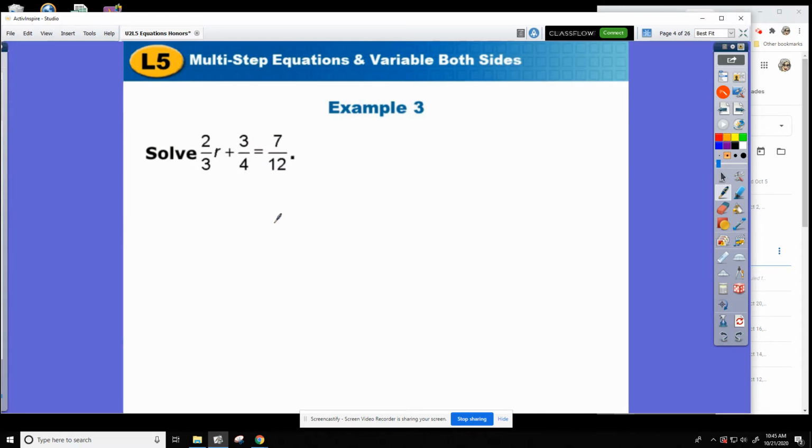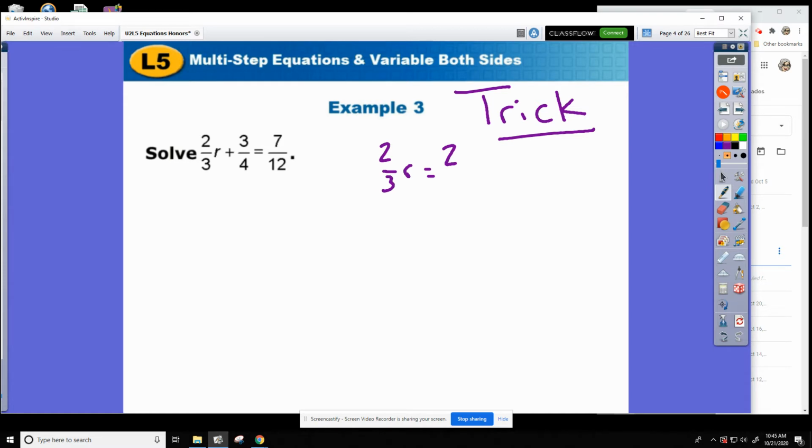This one I wanted to show because this is an example. This is a trick. I don't like calling it a trick, but whenever you have fractions like this, you could clear the denominators by multiplying everything by something that each of the denominators could divide into. And then we'll get rid of all the denominators and we won't have any fractions. You could always do this whenever you have a fraction. Now, just to note that 2/3 r is the same as 2r